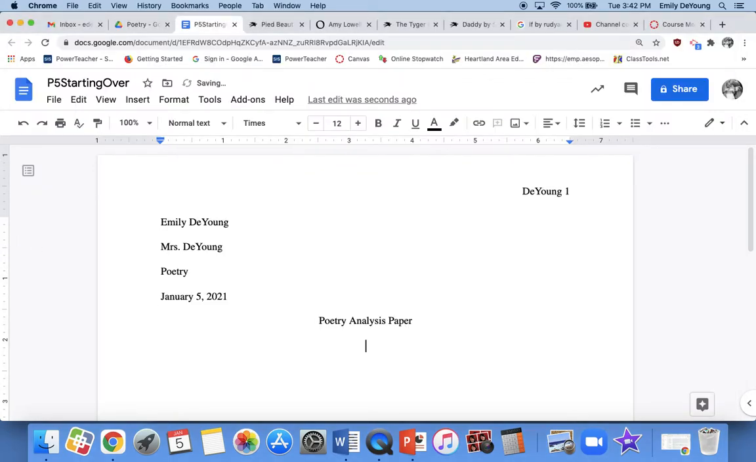So when I go back to my paper, I'm going to make sure that I get the alignment on the left side after my title, and I'm going to hit tab once to indent my paragraph, and then I'm going to come up with an attention getter. So,